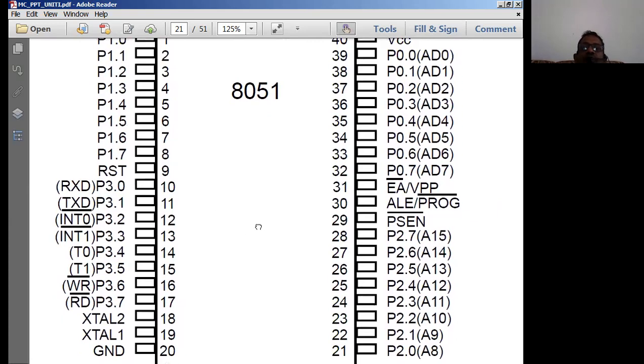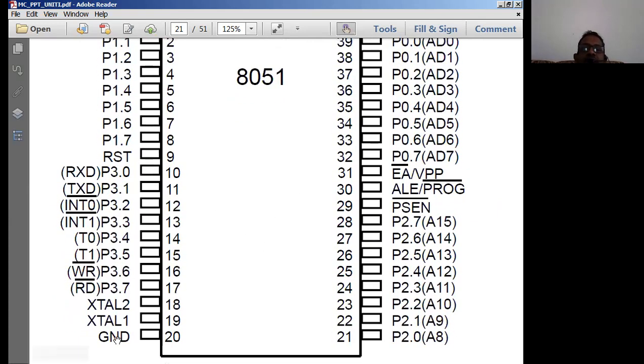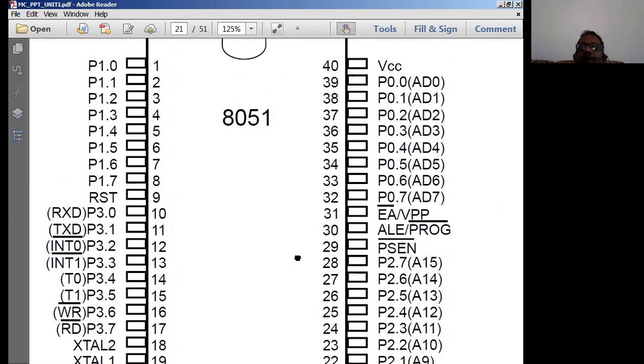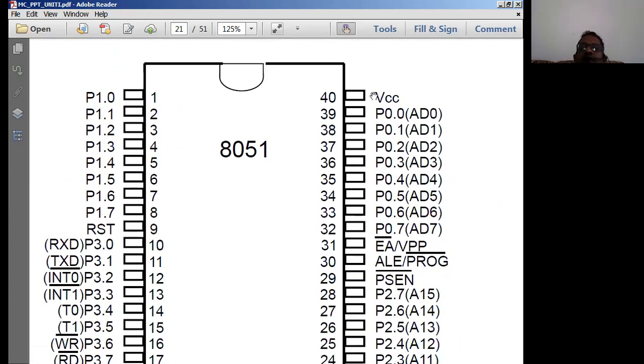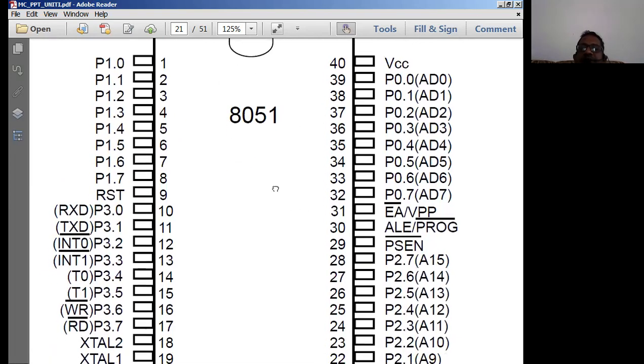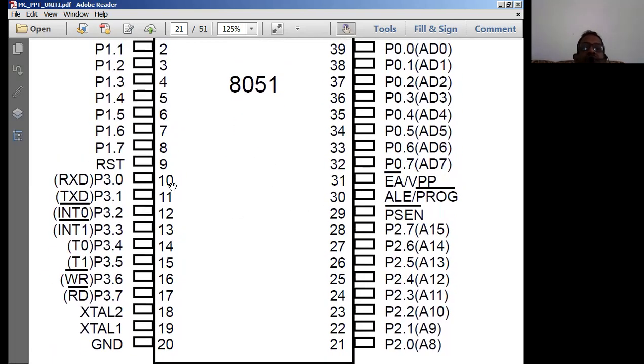Among these 8 pins, you're going to have the VCC pin and the ground pin. VCC is the power supply. The power supply to the entire chip is applied through VCC, and the entire chip is normally grounded by using the ground terminal. So 8 minus 2, 6 pins are left over now. Among these 6 pins, one will go for reset. Reset is a very important pin, because whenever we want to restart the 8051 microcontroller, we simply press this particular reset pin.